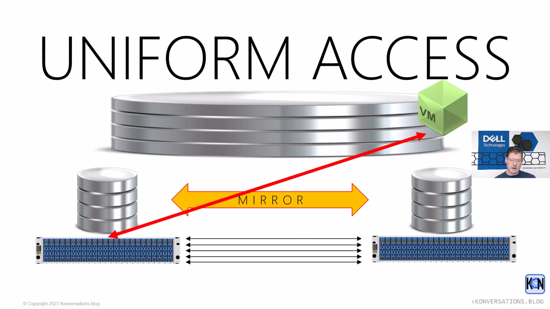Another thing is that, first of all, of course, I need to make sure that I have connectivity to the other controller. So that's part of the complex setup you see here. But also, consider a write. If this virtual machine performs a write, it will perform the write through the WAN to this controller. Now this controller needs to mirror that write through the WAN to that controller. This controller acknowledges the write back through the WAN, and then this controller acknowledges the written block back to the virtual machine across the WAN. So as you can see, I just traversed the WAN 4 times for a single write,